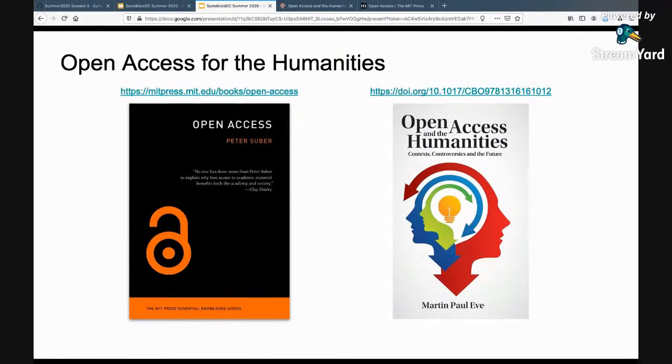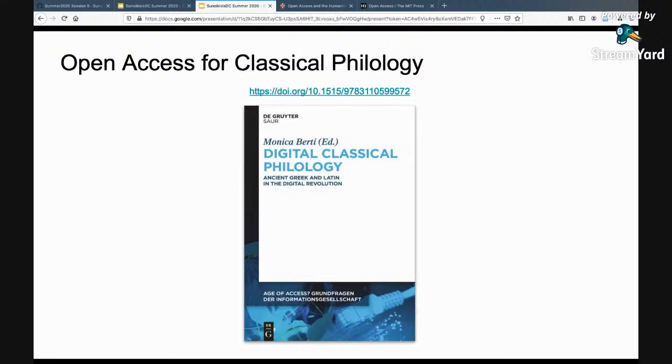But now I'm going to present the third book in this case, and this is the book that I recently edited for De Gruyter. This is not self-promotion, but given that this session is about open access for digital classics, I have to mention that I had the opportunity to publish this book because the German publisher, De Gruyter, wanted to